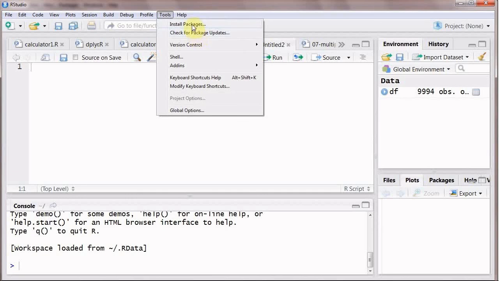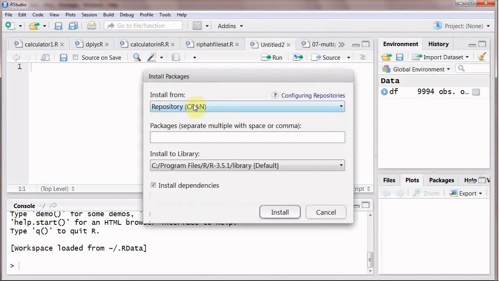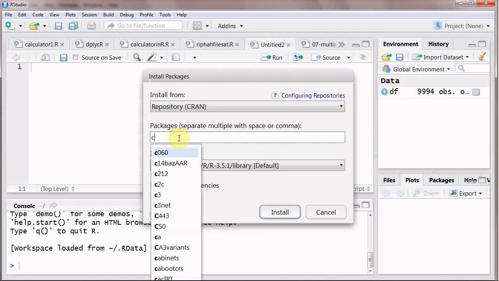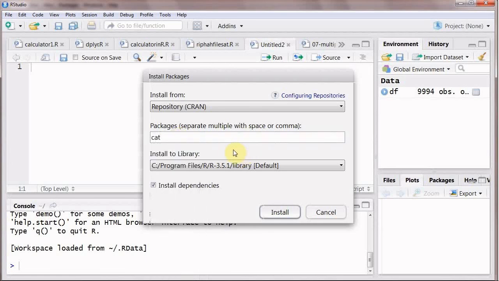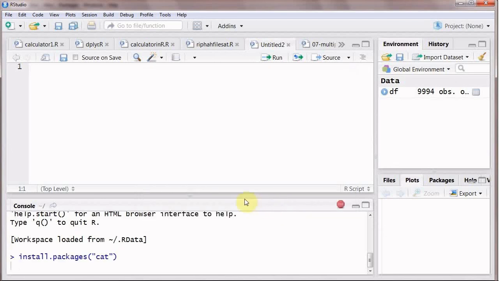We want to install a package, so clicking this one, and install from repository CRAN packages, separate multiple with space or comma, write the name of package here, and install to library. Use the default library. Now don't change it until and unless you are specialist in dealing with directories in R. Install all the dependencies and install. Click install. Now it will start downloading and installing the package cat, and